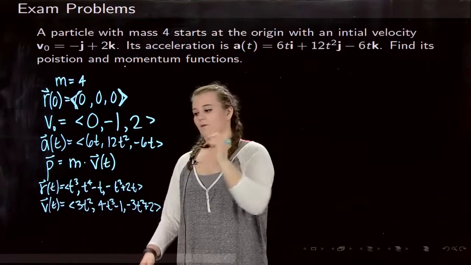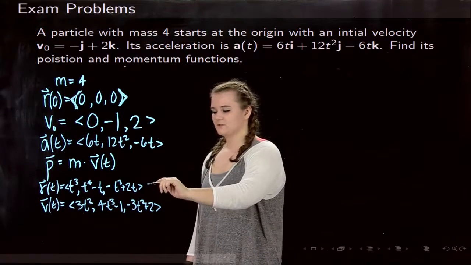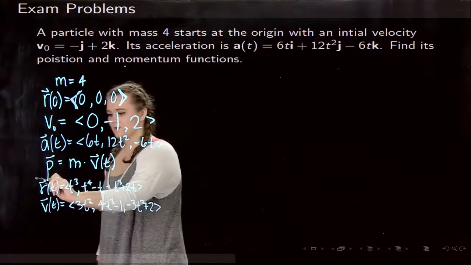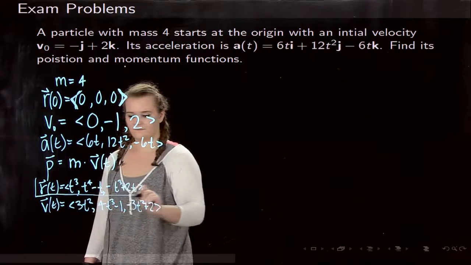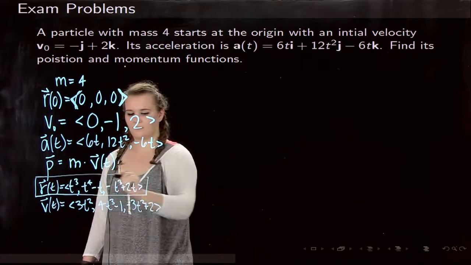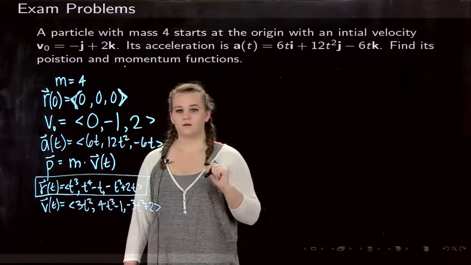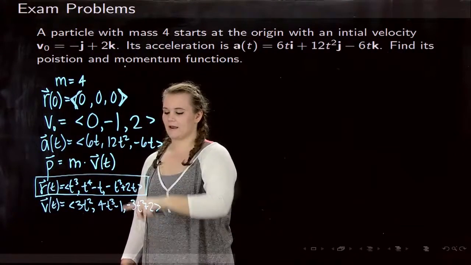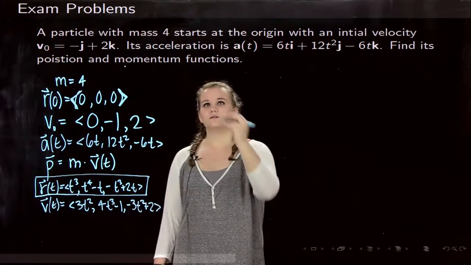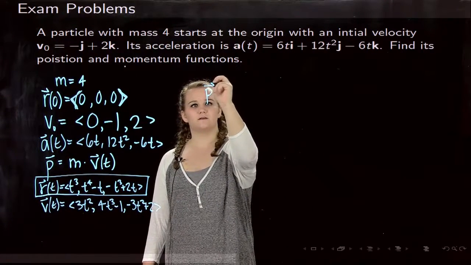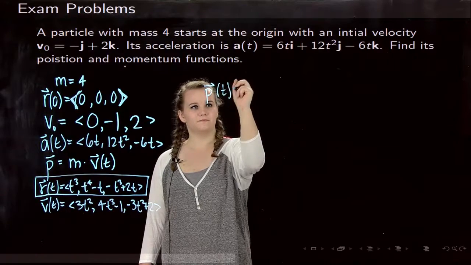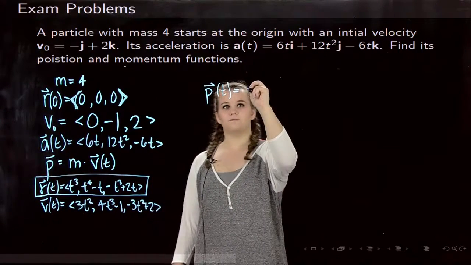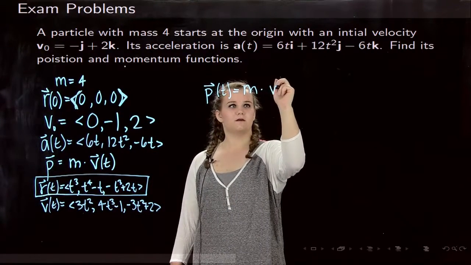Well, we already have our position function here. So this is part of our answer. We still need to find momentum. So we said that momentum equals the mass times the velocity. We were given a mass of 4, and now we found the velocity function. So then we can just write that our momentum function is going to be equal to